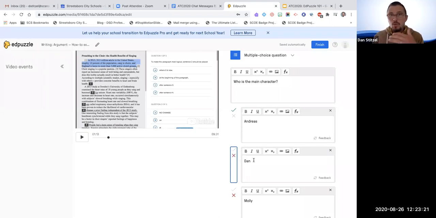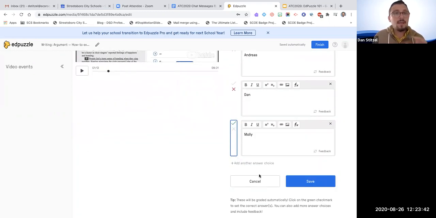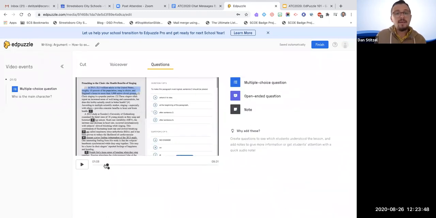Or, you could mark things off that are incorrect. Just something to note, it does default to the correct answer being your first response, but you obviously don't want the correct answer to always be the first response. So that would be something you might want to change up as you're adding questions throughout the video. When I'm done, I'm like, okay, I like where this question is. I click save. And now, if we play this back, if I press play,